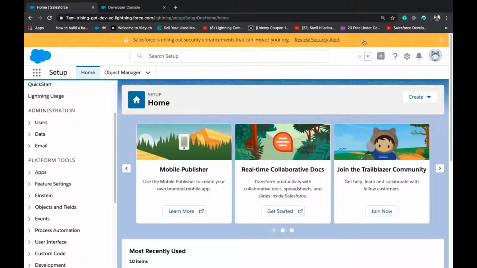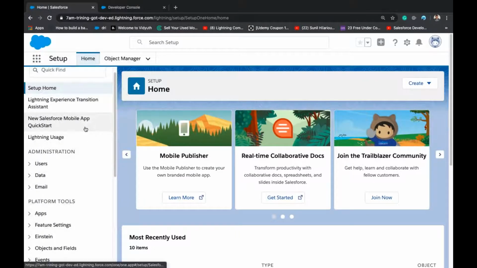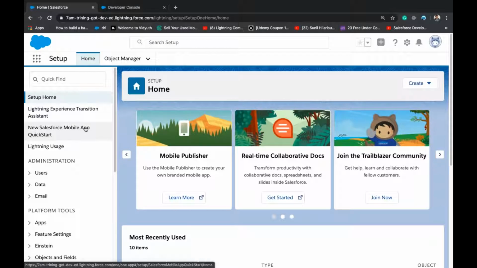When there is a requirement where you cannot use point and click, and you are unable to use any tool in admin, only then should you write code.